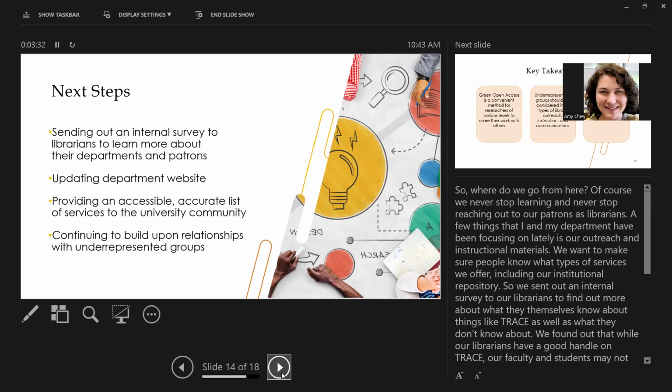And so those relationships have been really important as we've been trying to find other ways we can resource share together. And I also want to continue to build on those relationships with people from underrepresented groups, folks who were not always at the top of our mind but are using our services. They still need help, and they still need those services just like everyone else. Making sure we can identify them and be there for their needs is really important.